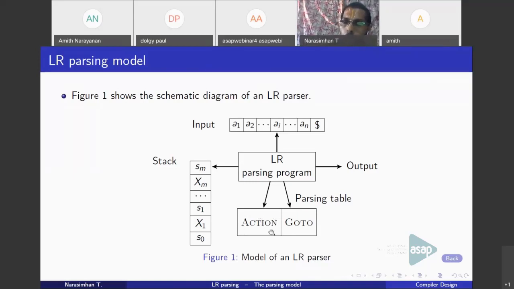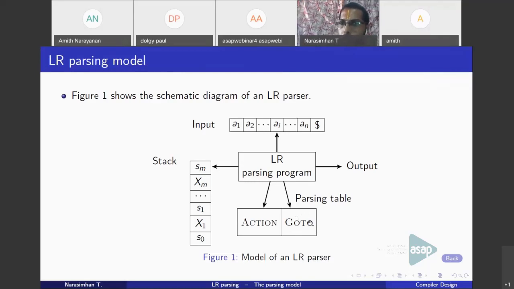For what combination of the input symbol and the state symbol should I reduce? For what combination should I perform a shift operation? All those details will be given in the action part of the parsing table. The go-to part is essentially the transition diagram of the finite state automaton that is used by the LR parser to recognize the handles. The go-to part will just have the state numbers.